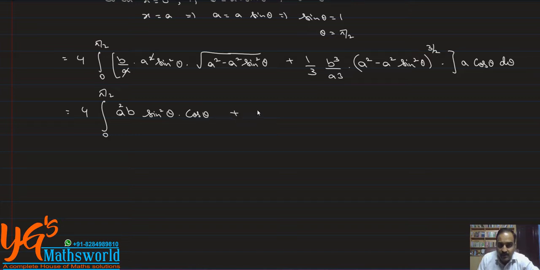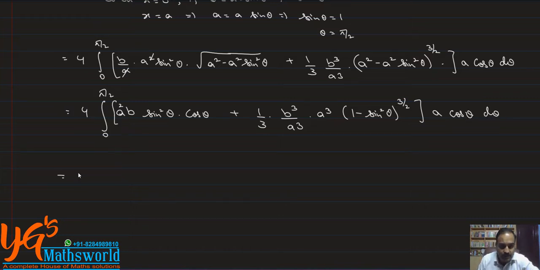theta plus 1 by 3 b cube over a cube into, now if I take a square common, so root of that will be a and then cube, so it will be a cube into 1 minus sine square theta raised to 3 by 2, and after that we have a times cos theta d theta, expanding all the brackets now. So 4 times 0 to pi by 2, a square is this one and 1 by a is this one, so it will be a cube into b sine square theta, now cos into cos, so it will be